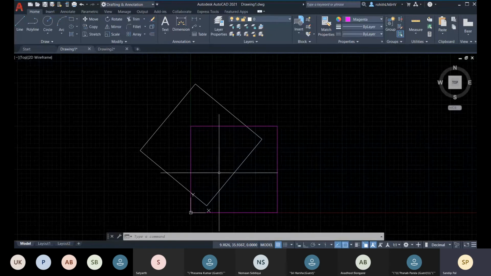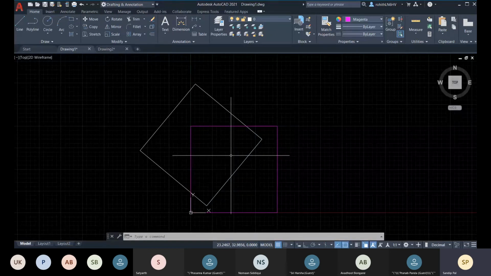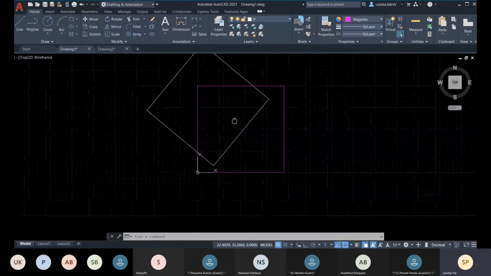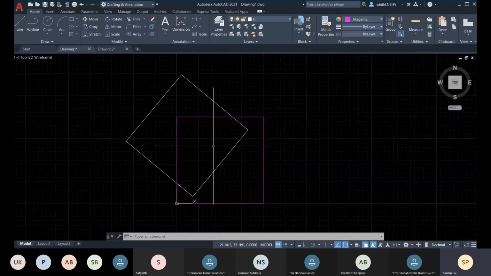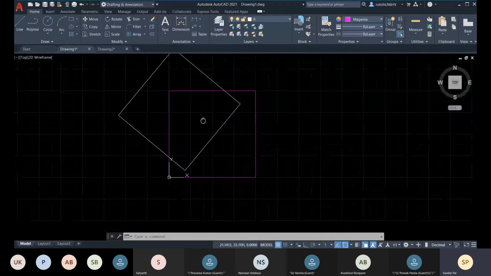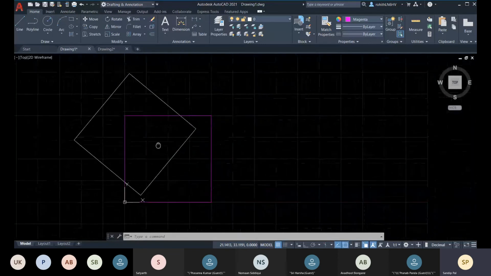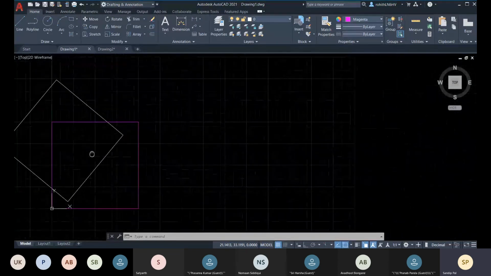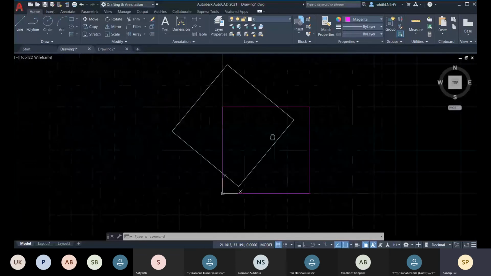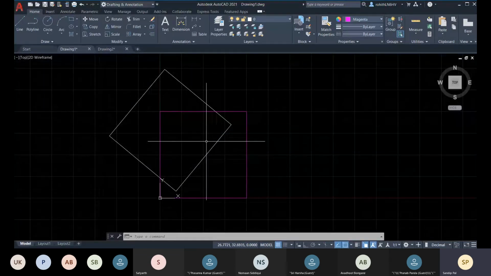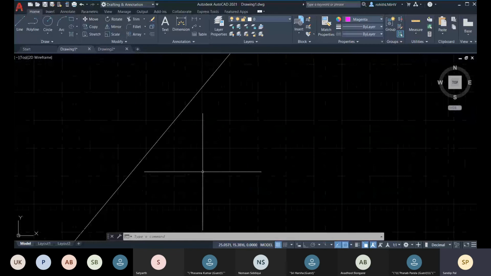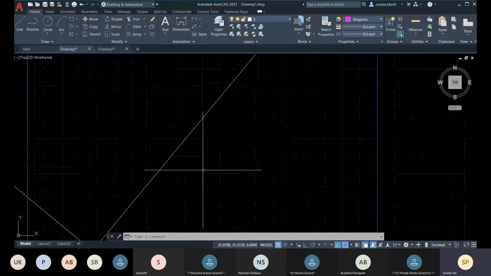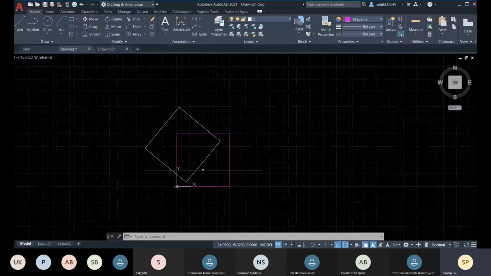Whenever you hold the middle mouse button, you just pan. This is called pan. You hold the mouse middle button and you move your mouse, so you just pan it. Okay, and you scroll up for zooming in, and you scroll out for zooming out.